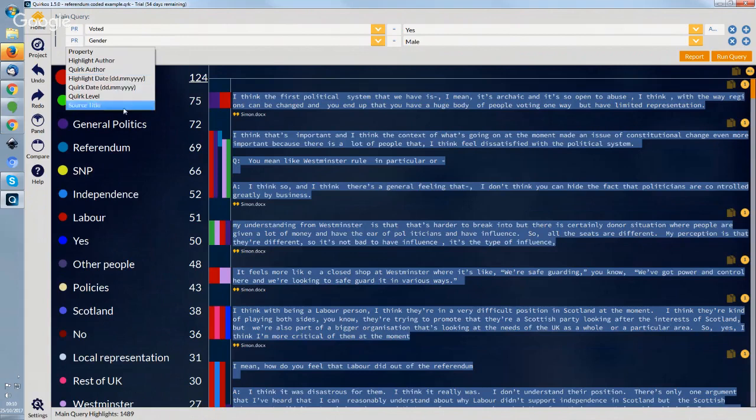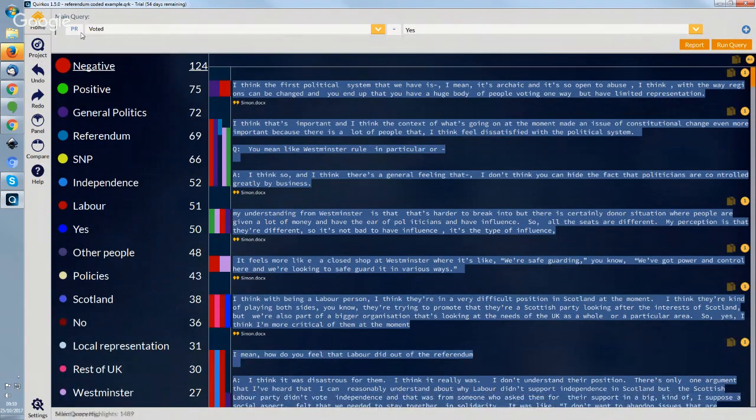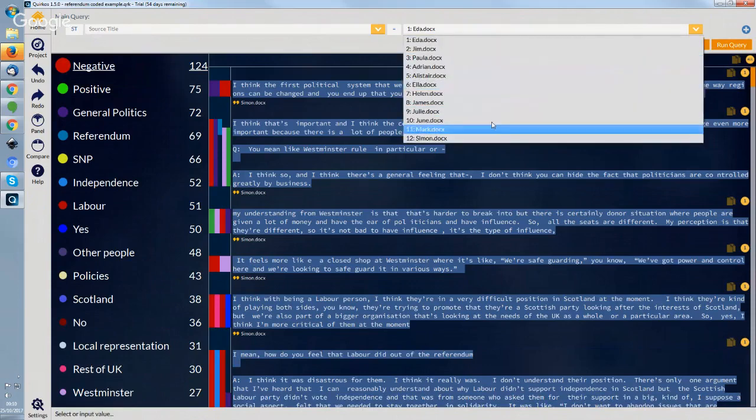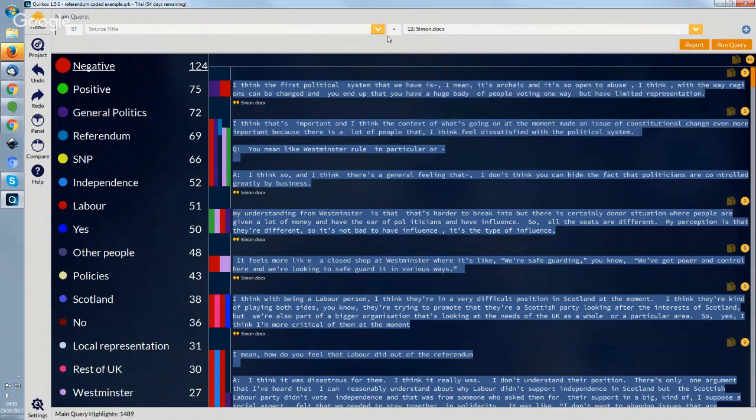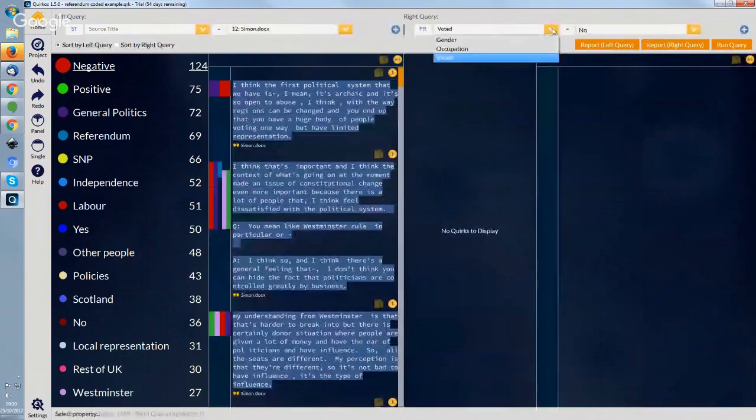You can also look for the quirk levels, which are ways to group quirks together, and also the source title. So if you want to just see the results from one person, that allows you to do that here. So for example, if I did just want to see the results for, we choose source title, and then where's Simon, because that was quite interesting. So let's compare Simon and Mark. This allows us to do a head-to-head with our